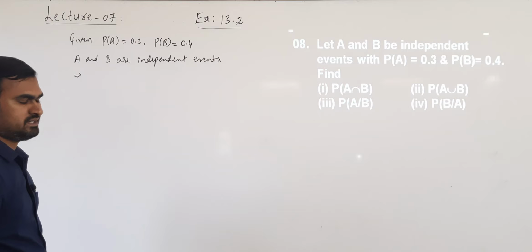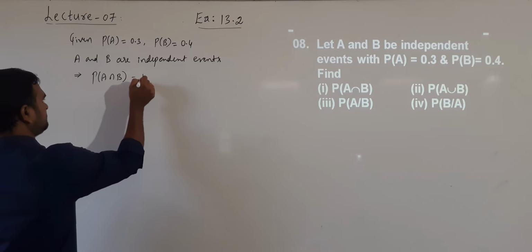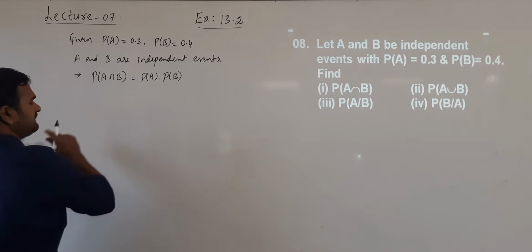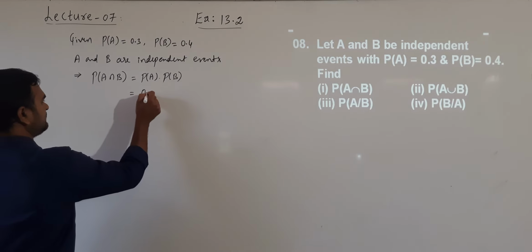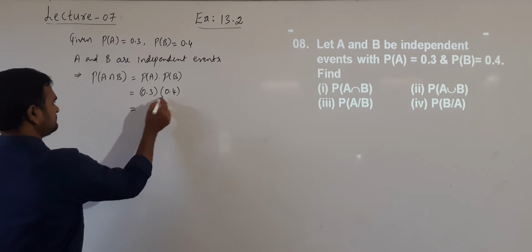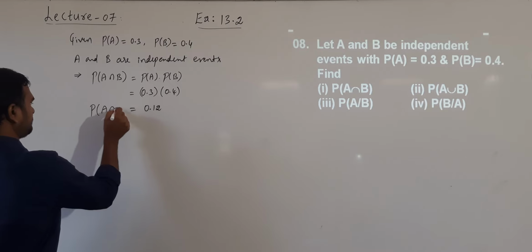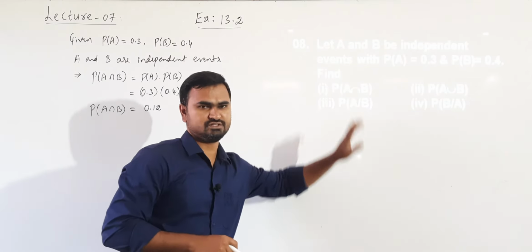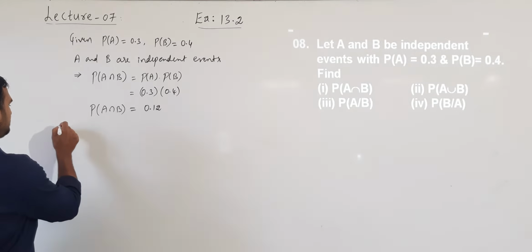When A and B are independent events, it implies P of A intersection B is P of A into P of B. Condition for independent events, P of A is 0.3 into 0.4, so product is 0.12. So the required probability of A intersection B, first case, is 0.12. Next, second one,